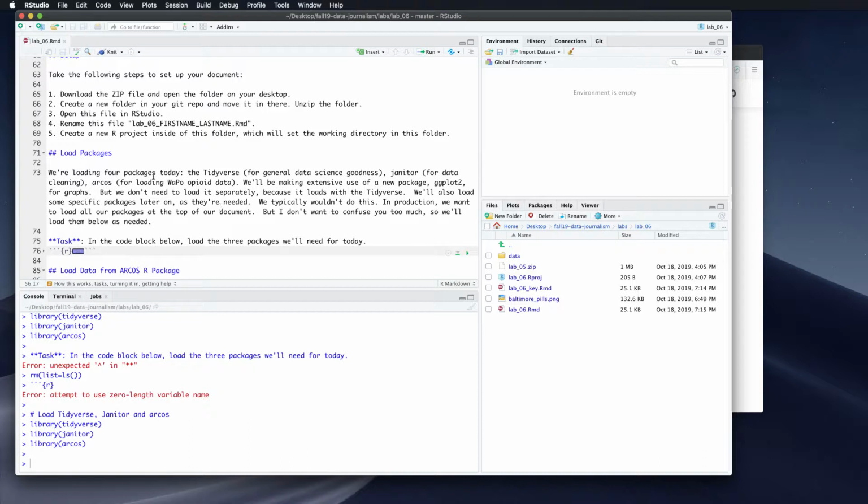We always do this at the top, so we're loading three packages today. Tidyverse, which we use for all sorts of great data science goodness, data analysis. Janitor, which we do some data cleaning with. Mostly we use it to rename column names. We're also going to load the Arcos R package, and this is a package that makes